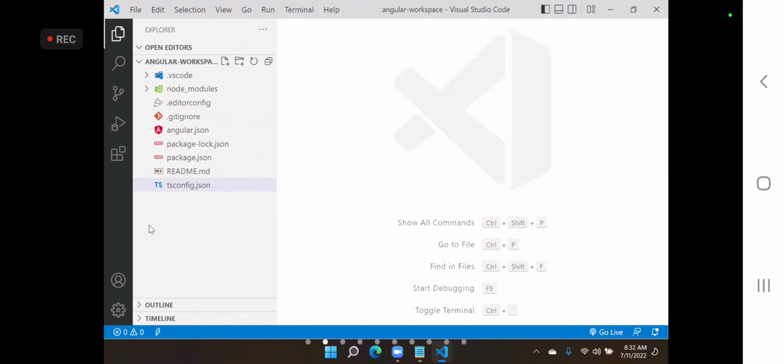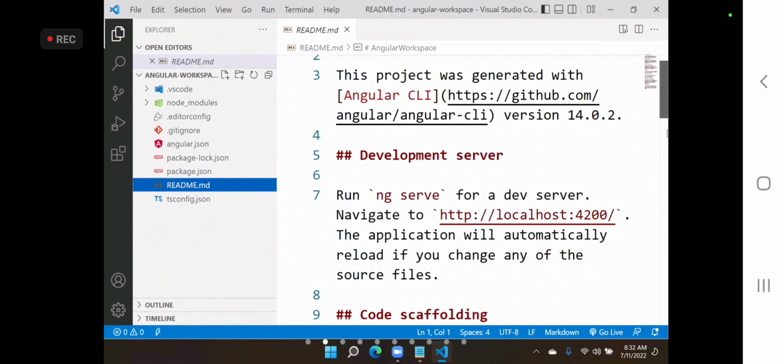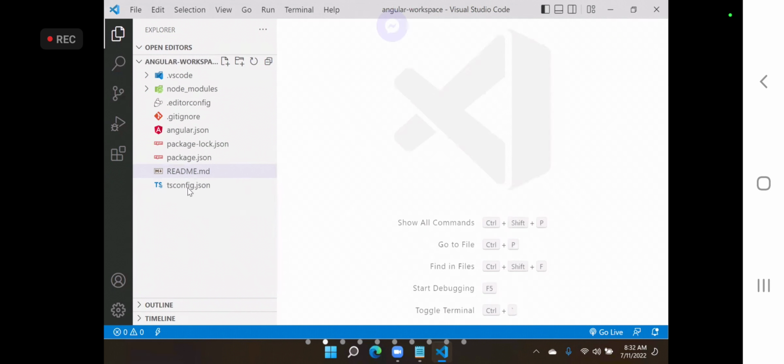By default, readme contains some help on how to serve and in which location it will run your project. All such basic documentation is present. You can create your own documentation. So this is just a help document.